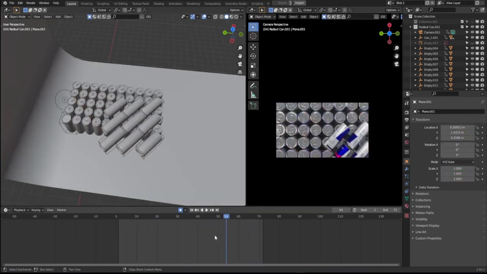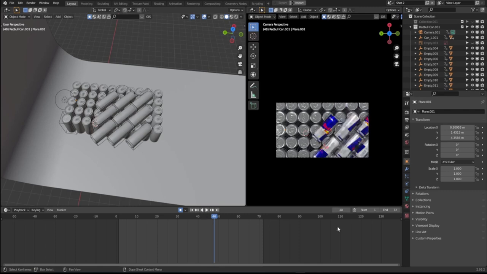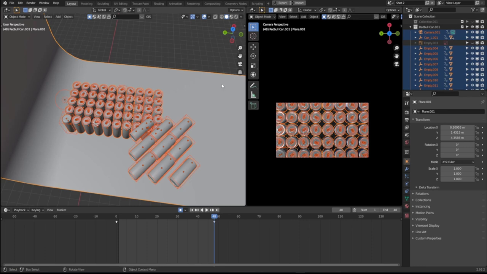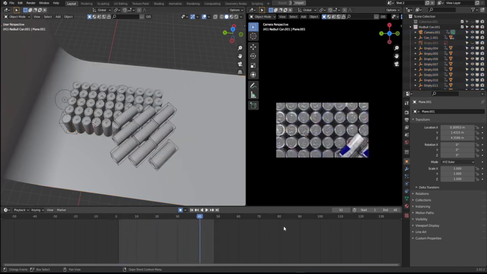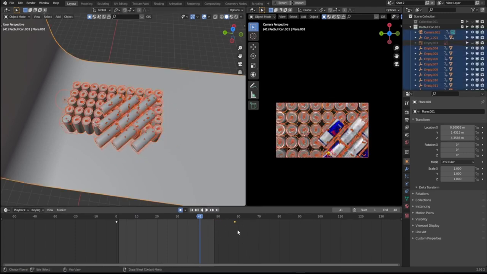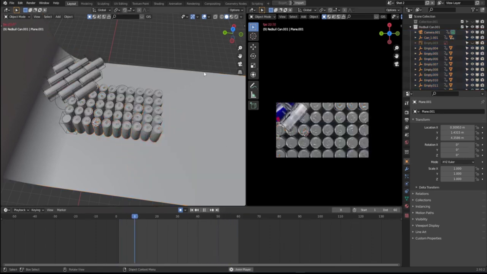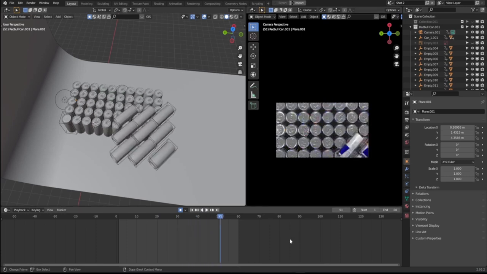The only thing I'm seeing here is that it feels a little bit too slow. So let's just change the frames of our animation here. Let's go with a 2-second shot, so 48 frames. And the quickest way to change that is to select everything, grab the keyframe here and push it down to frame 48. So now instead of it being kind of slow, it's going a lot faster. I may even play with this a little bit more and change it to something like frame 60. It was just dragging on a little too long, I felt, for that 72 frame shot. That's looking pretty good, so I think I'm just going to leave it there, and we can now move on